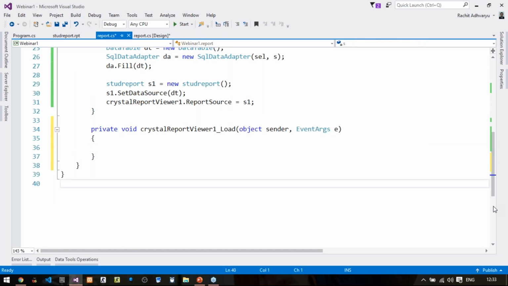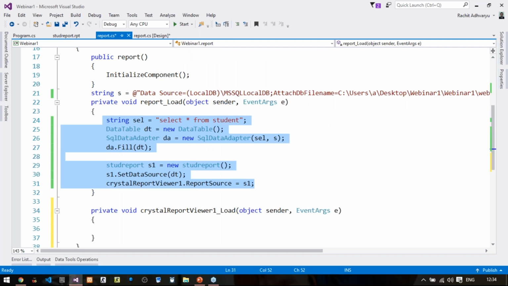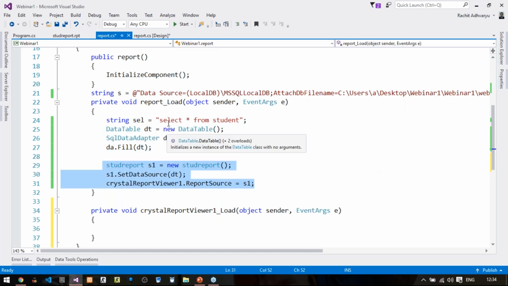Yeah, Heli, now resolving your query: this is actually the combination of push and pull method, because the push method will require this much code minimum. We need these 3 lines in the push method as well as the pull method. But in the pull method, there will be some coding depending on the requirements. There will be some external parameters that you want to set in the Crystal reports. So all these things will be in the pull method, right?